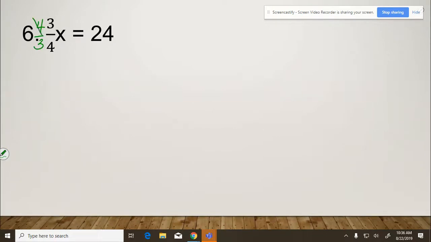4 divided by 4 is 1, so it cancels out. 3 divided by 3 is also 1, so it cancels out. So it's kind of like having 1x. Then we do the same thing over here, 4/3. Now, the trick is to divide by the denominator and multiply by the numerator. So I think you guys can all do these in your head. Divide by the denominator,